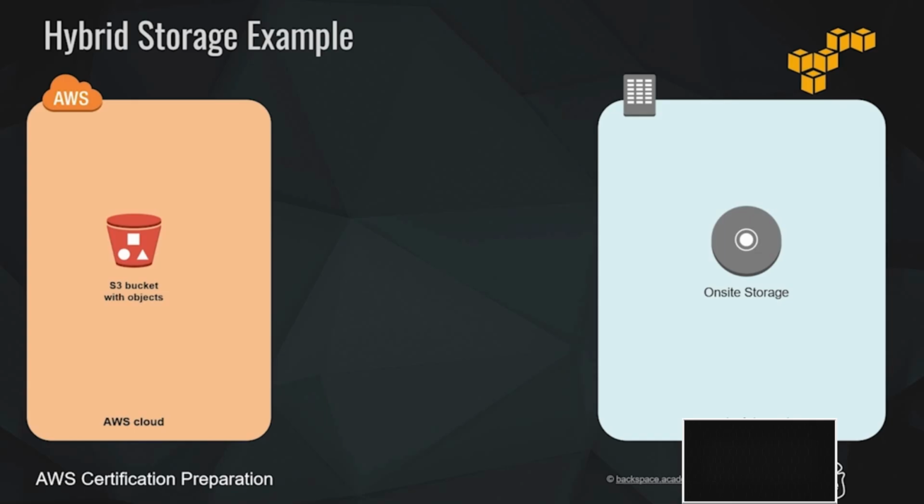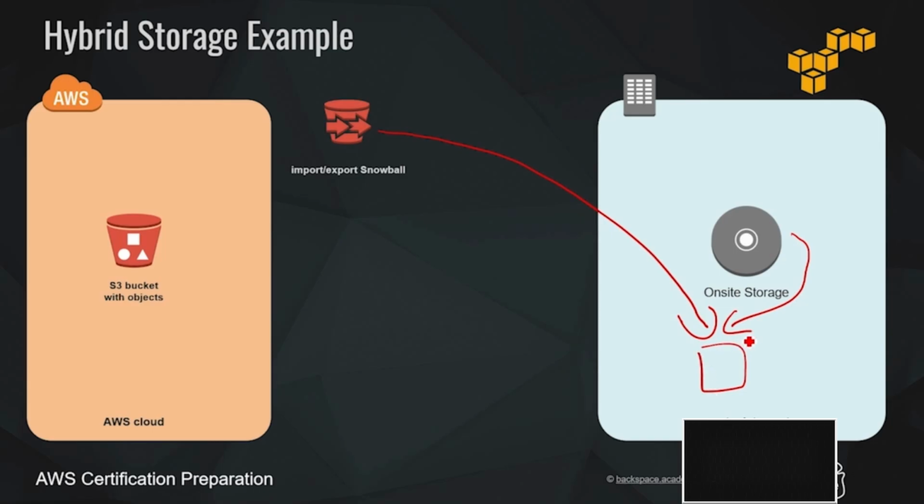The first problem that we're going to encounter is that this corporate data center will have petabytes of data, and to transfer that over the internet to the AWS cloud is not going to be practical. So AWS can send out to us a Snowball device, which is a high capacity device that can store petabytes of data. When we receive that Snowball device from AWS, we can upload our data to it, and then send it back to AWS, and they will upload that for us into the Amazon S3 bucket. And so that solves that problem for us.